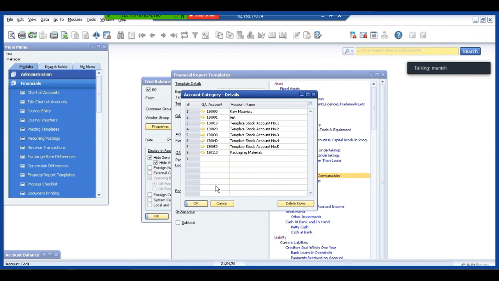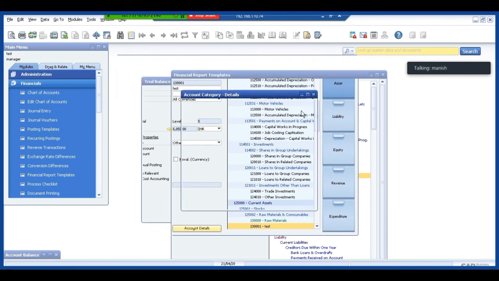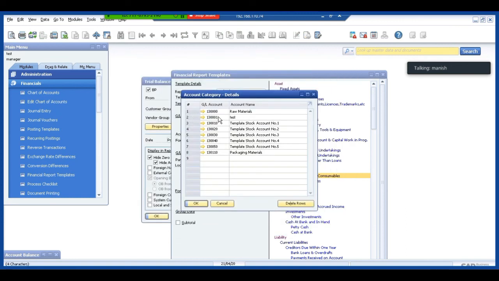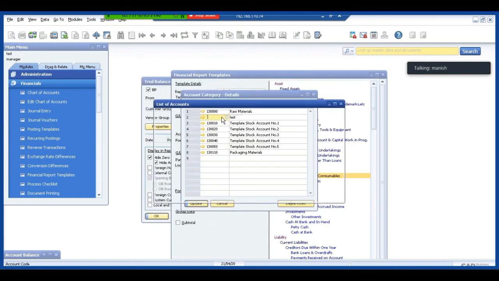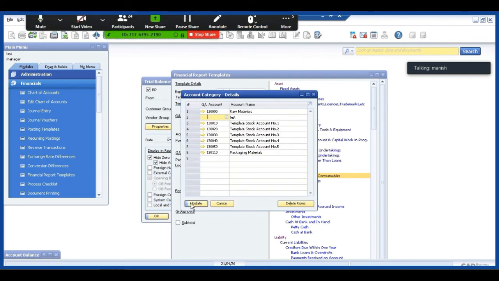If I want to add or delete any of the accounts, I can do it. Similarly, this is the test account that was having 6050. So I deleted this account from there. The balance would get reduced by 6050 and updated.